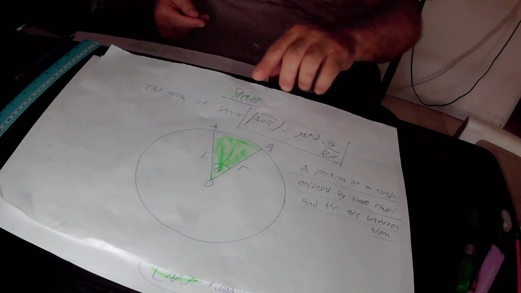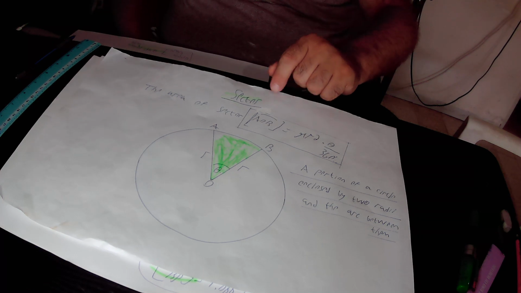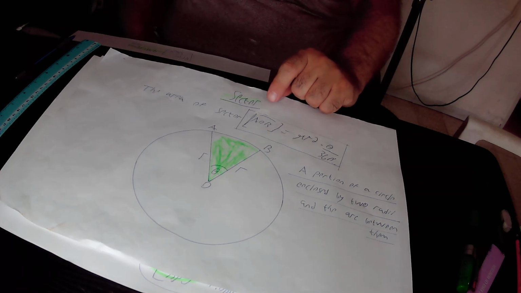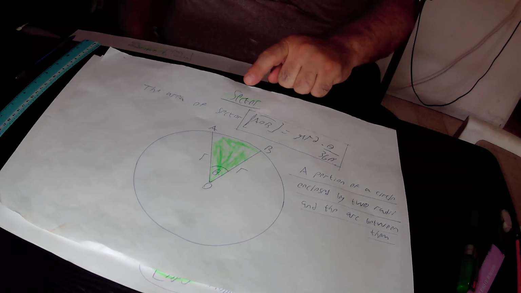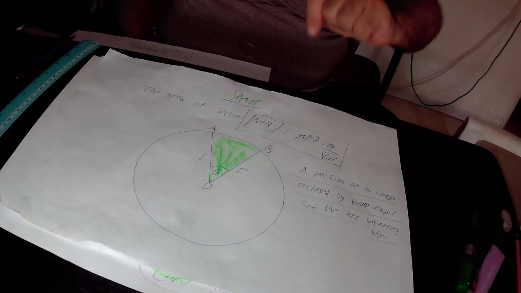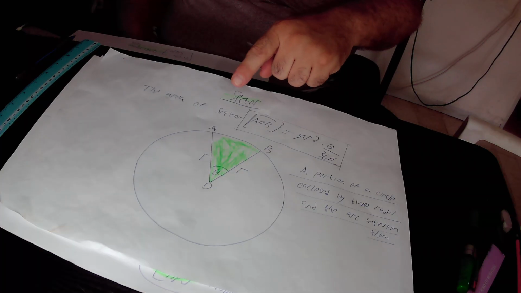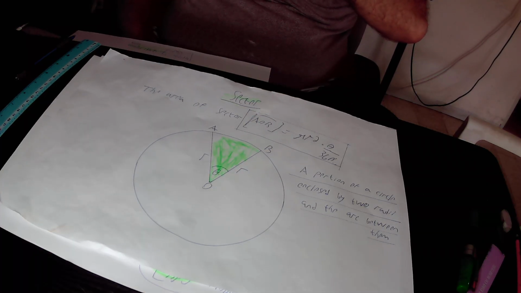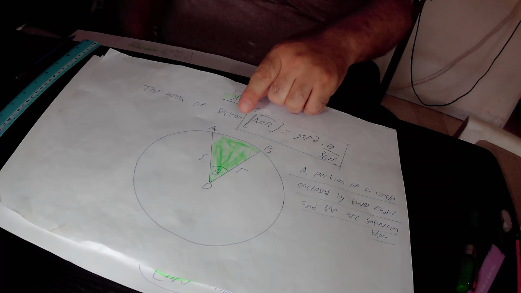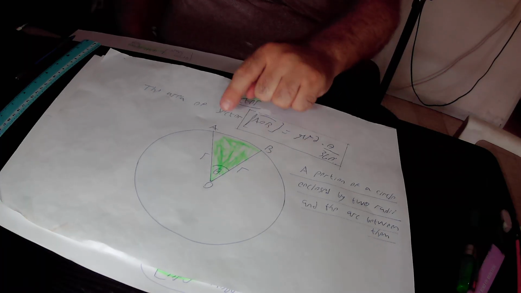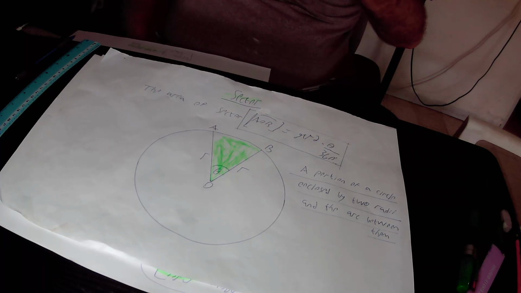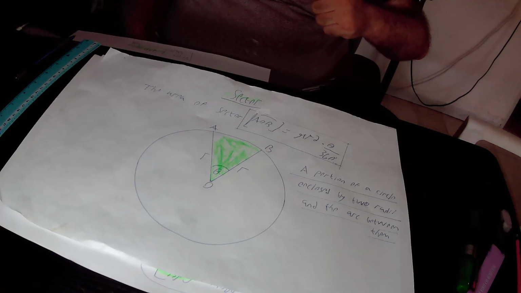The green shape AOB is a sector. Sector AOB consists of two radii and the arc AB between the two radii. The two radii also define the legs of the sector. Angle theta is the angle between the legs of the sector, and the area of this sector AOB equals